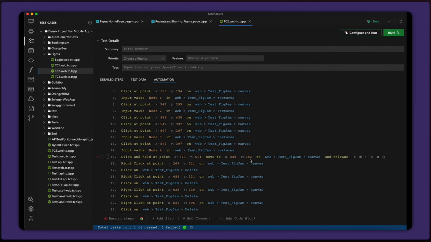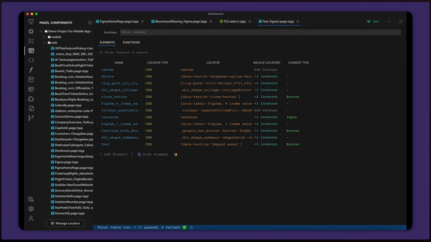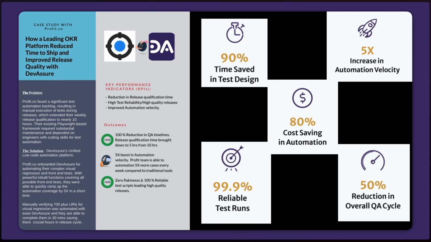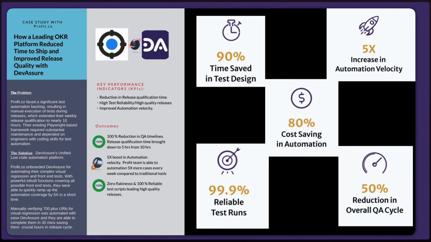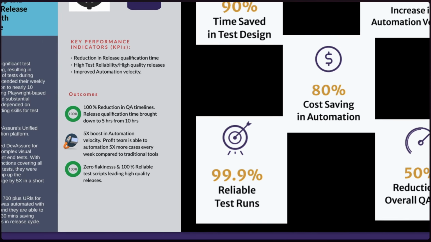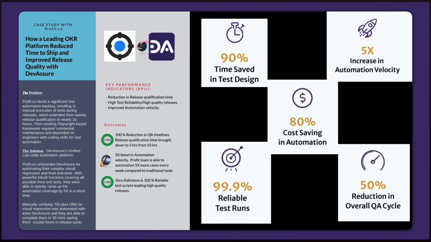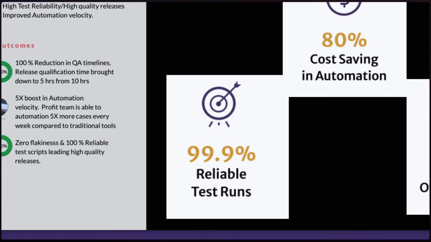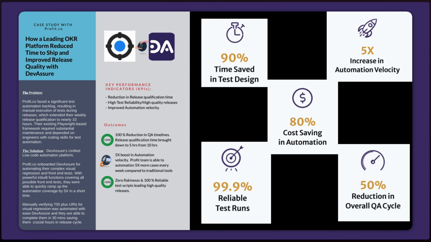Our customers have reported a 90% savings in test design and test case creation, and a 5-fold increase in automation velocity. They've also seen an 80% cost saving in automation due to minimal overhead in test automation maintenance. Even with significant redesigns in your web or mobile application, DevAssure guarantees 99.99% reliable test runs. One of DevAssure's key differentiators is its reliability and stability. We've integrated many features within the application to ensure that tests or automation suites developed using DevAssure are stable